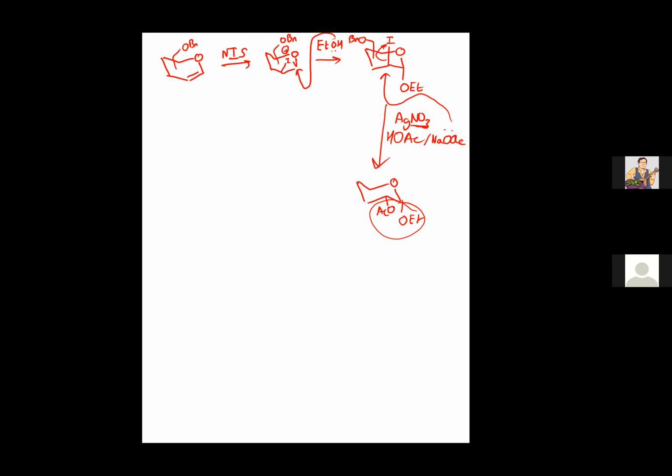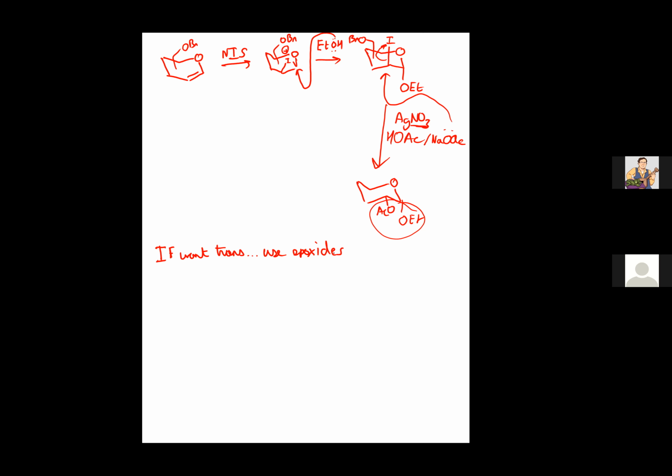The only way that works a little bit is to use epoxides. There is a way that works a little bit using a weak silver salt or a weak Lewis acid